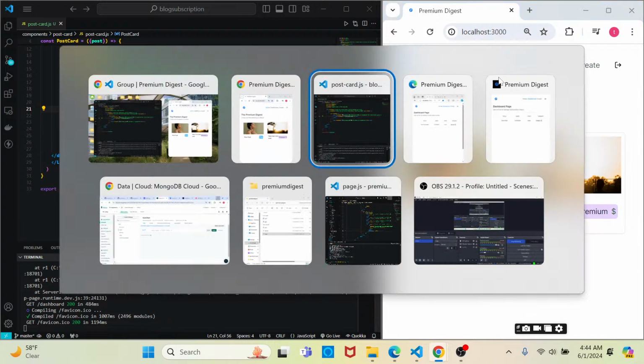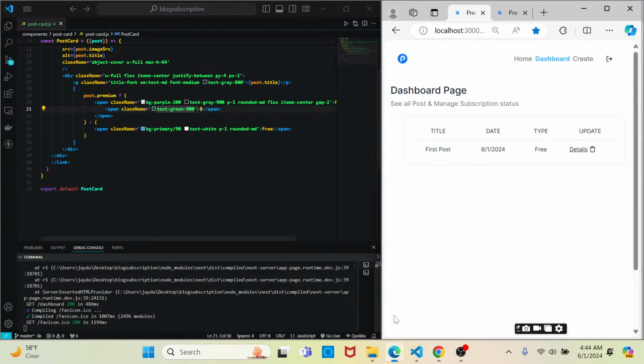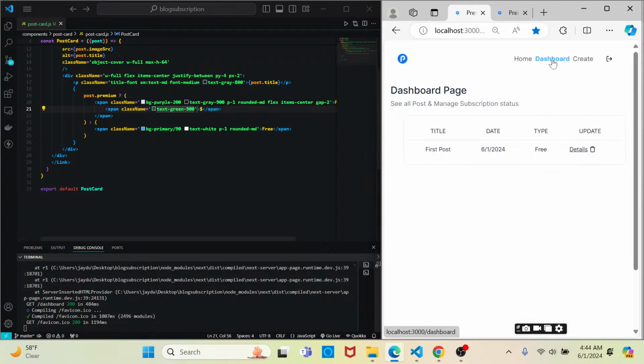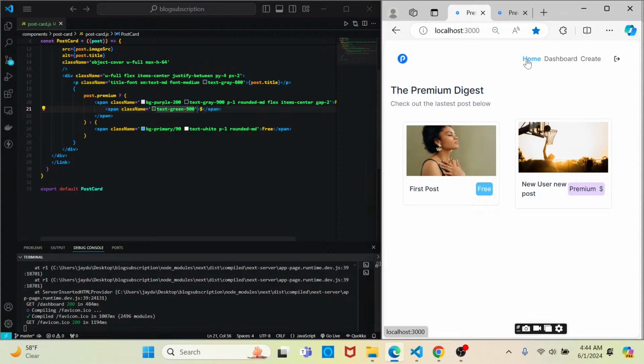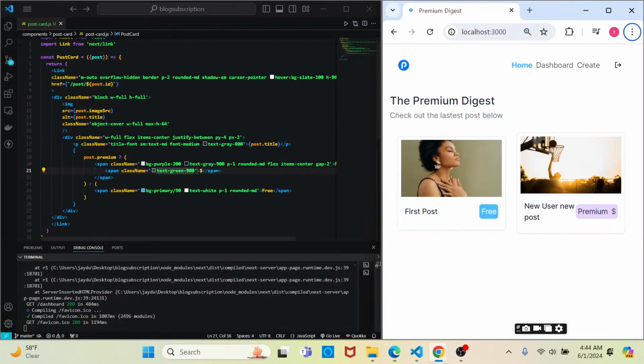And then the other one, this user still has their 1 post that's free. But you can see both listed on the home page, and the user can only see their posts in the dashboard. Perfect. So now that we have this cared for, next up what we want to do is create the